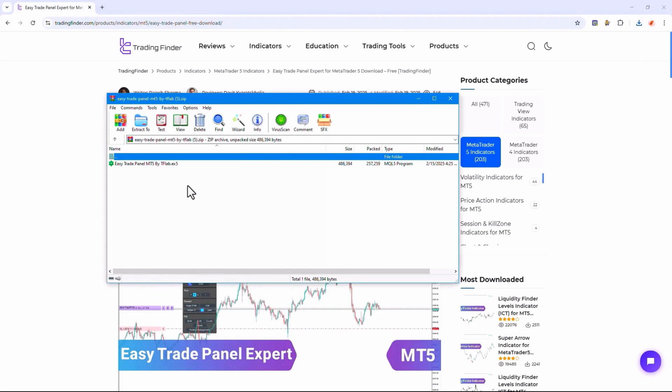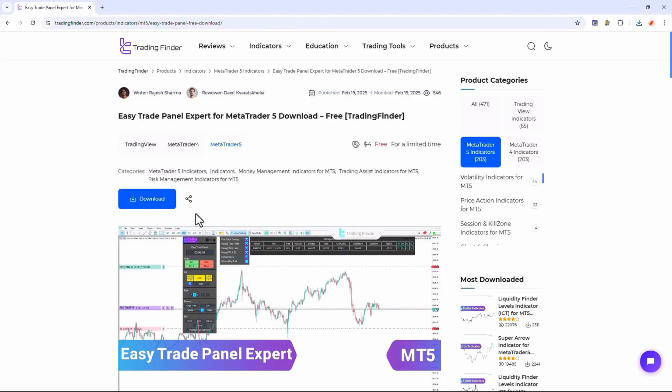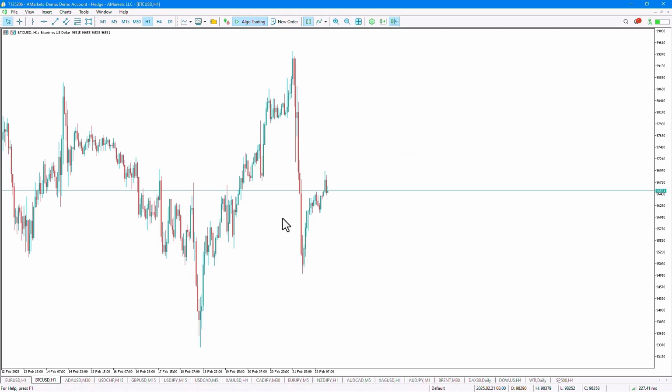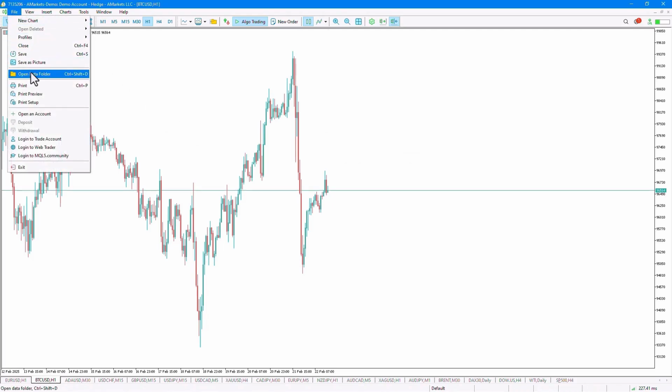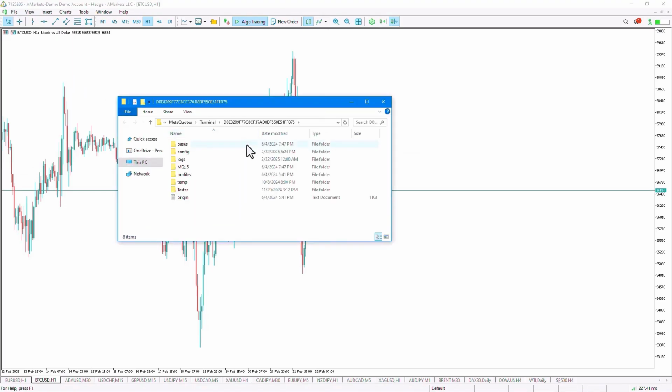There are two ways to run the expert advisor on the platform. In the first case, by clicking on the expert advisor file and copying it to the MetaTrader 5 platform, or by clicking on the File tab and selecting the Open Data folder option. We will go to the MQL5 folder, and by clicking on the Experts folder, we will add our own expert advisor